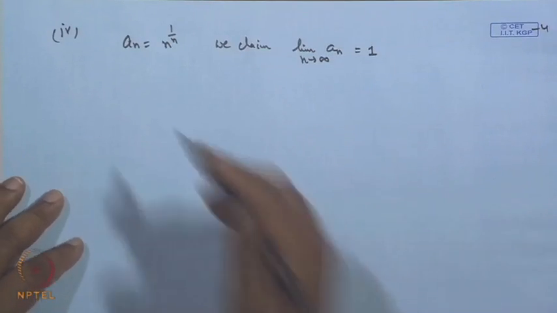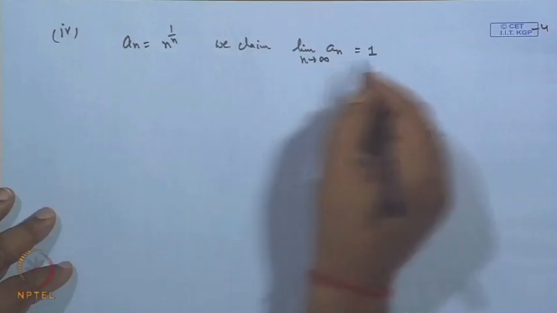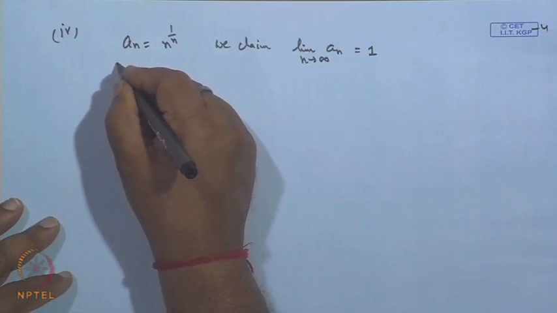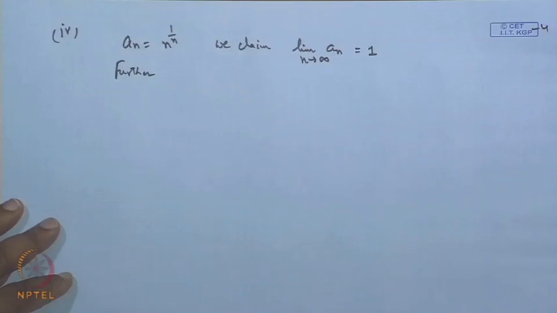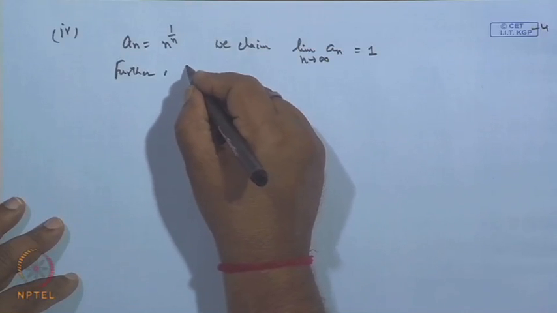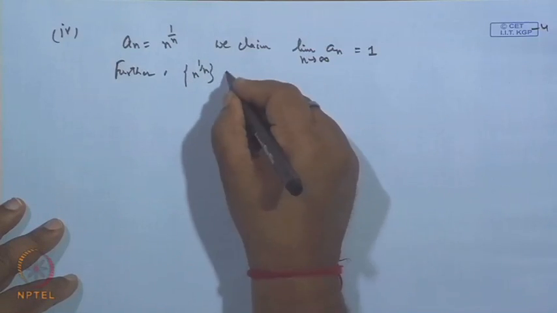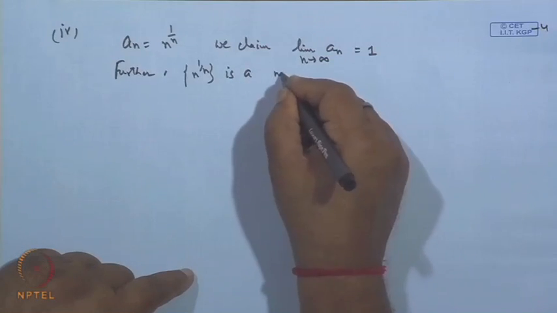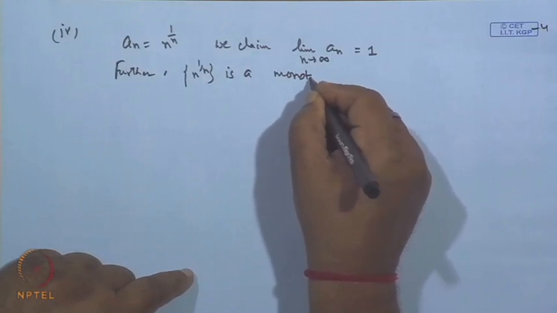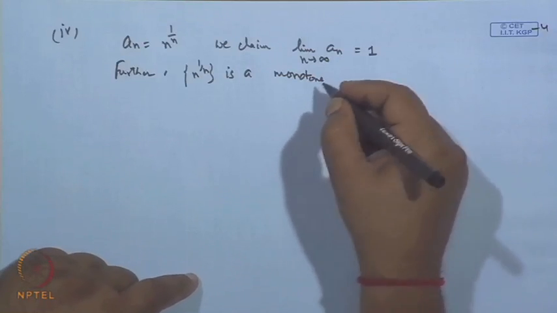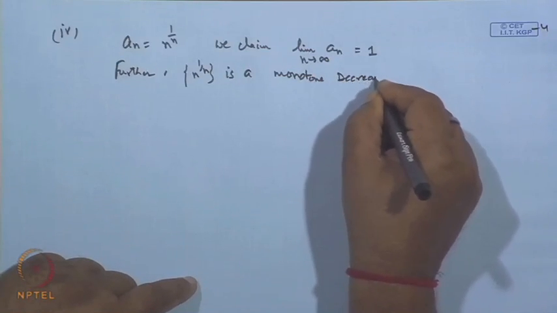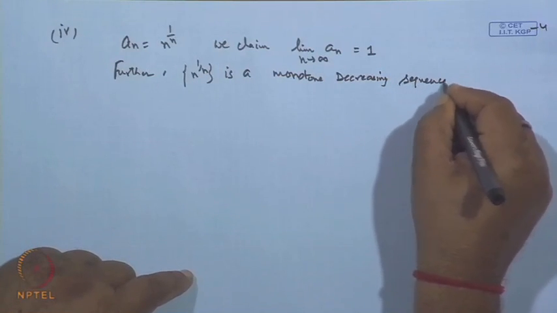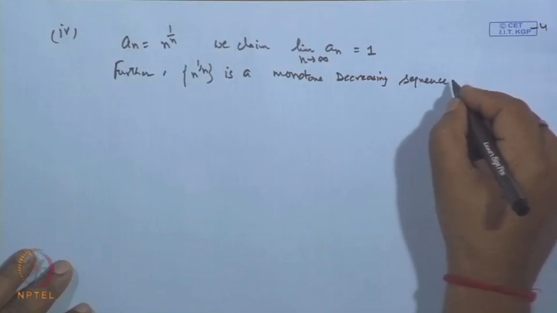So, first we claim that the sequence n to the power 1 by n is a monotone decreasing sequence. Why? This is our claim, because